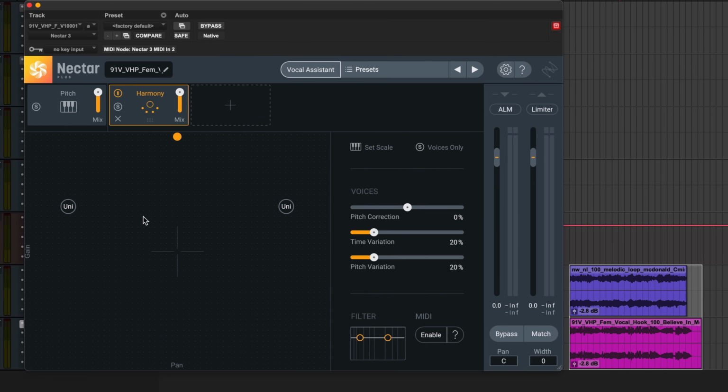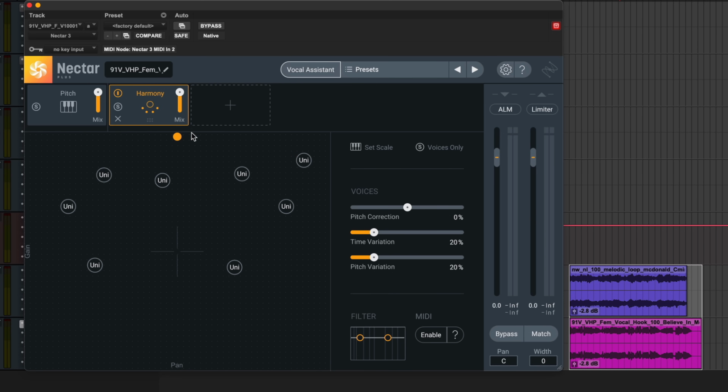Now I'm going to go to harmony. And here we have a really cool canvas that we can work with to create artificial copies of the dry vocal to almost simulate a choral effect. And we can add voices by just clicking, a bit like the EQ, right? We have those plus buttons. I just click and then a new node reveals itself. In this case, I click and a new voice shows up, and I can add them all over here.